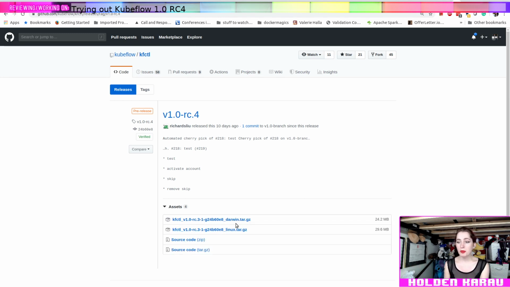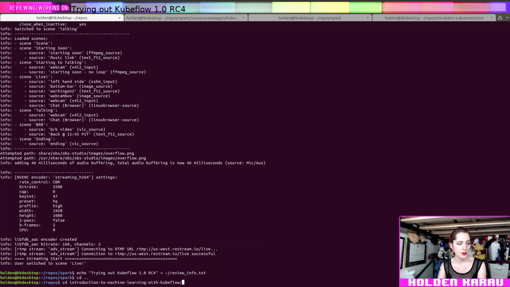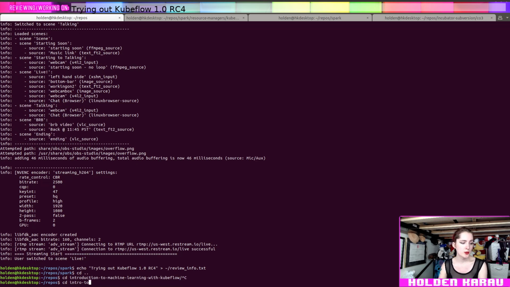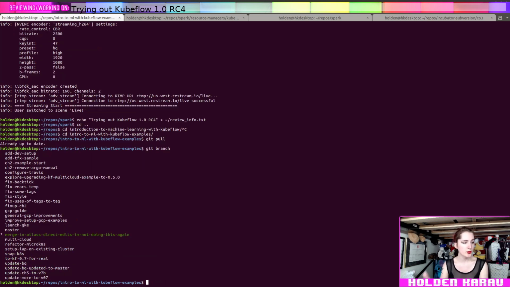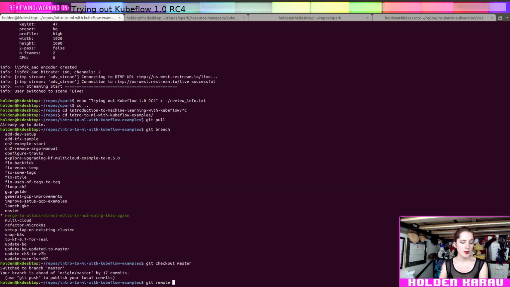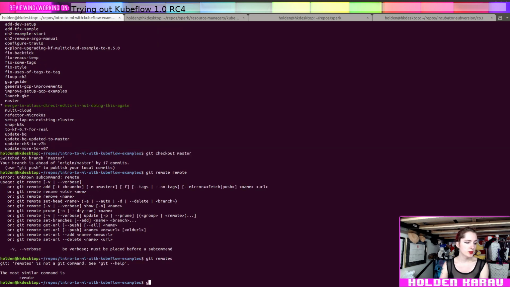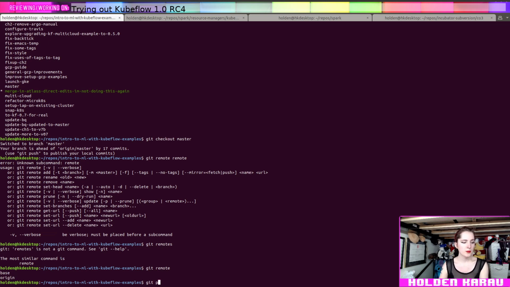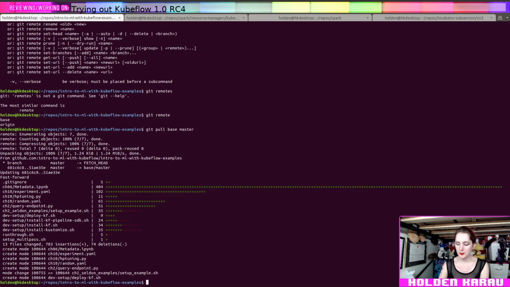One of the things I'm going to do is maybe a bit different than what you would normally do, because I am also working on this book, Intro to ML with Kubeflow. I'm going to sort of write down our steps as we're going, in some shell scripts that I've got. Git remotes, git pull, git remote, okay, git pull base master, okay. Upgrade,